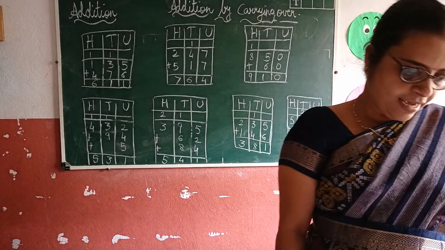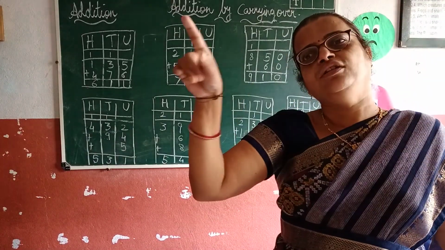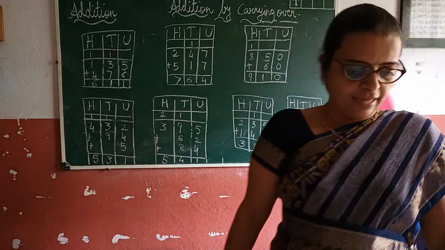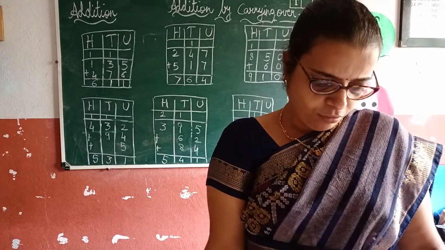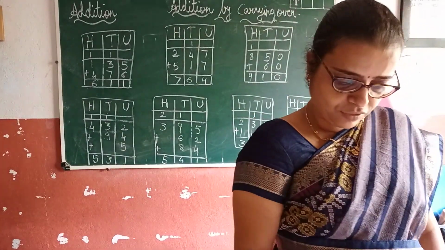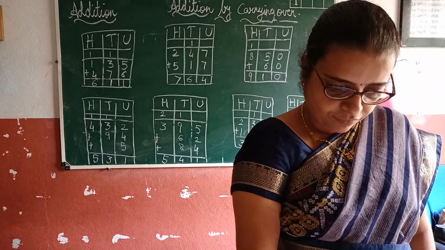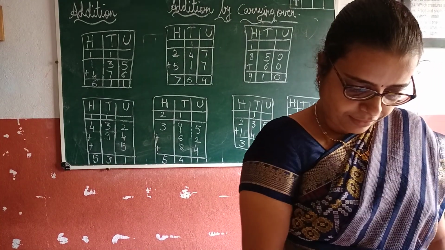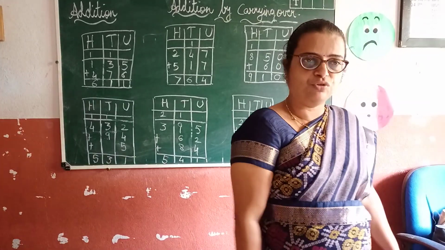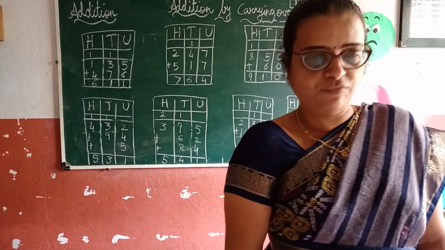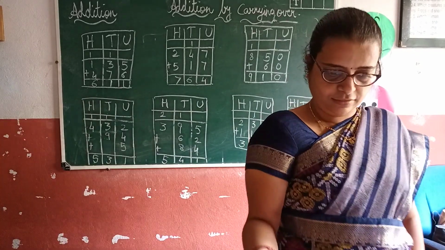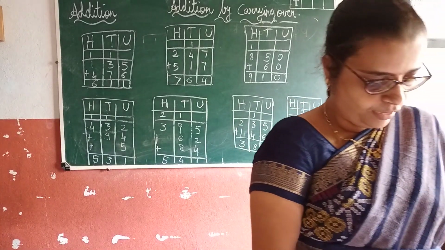Now look here, how many sides does a square have? You have to draw the square and tell me 1, 2, 3, 4. There are altogether 4 sides. So all of them you have to study and solve from the textbook. They are given the rectangle, quadrilateral, square, triangle, circle. So you should know the name of the figure, the number of edges, and the number of corners. In that way you have to write here.